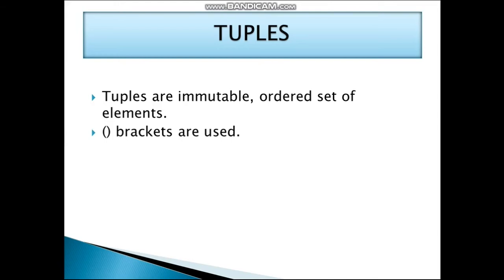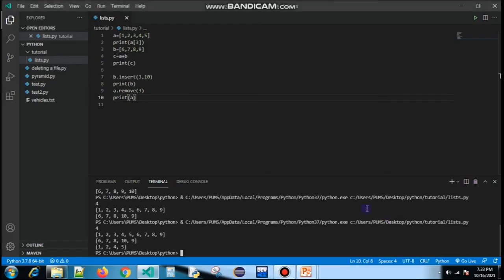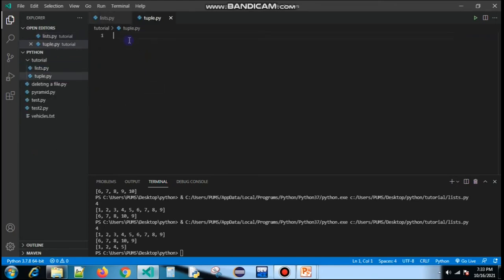So now let's head back to our code editor. And now let me create a new file named tuple.py, and let me create my tuple. So a and 1, 2, 3, 4, 5. Now this is my first tuple,